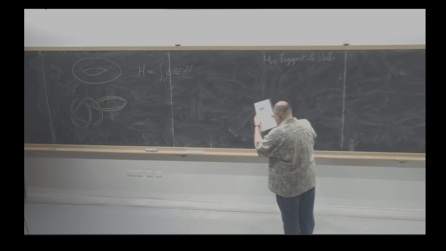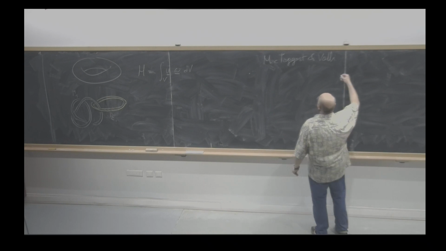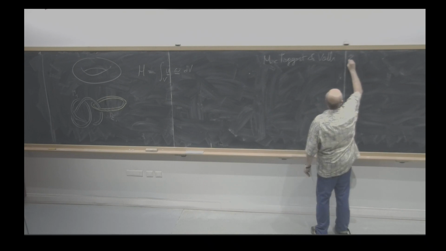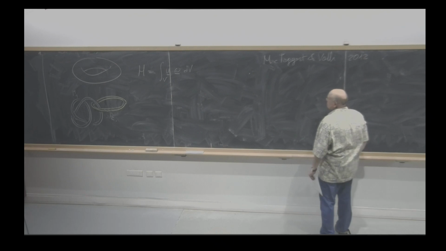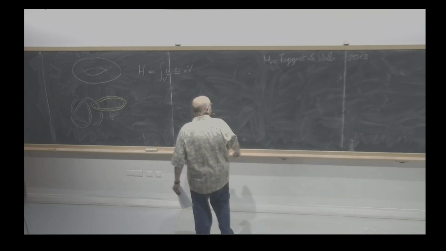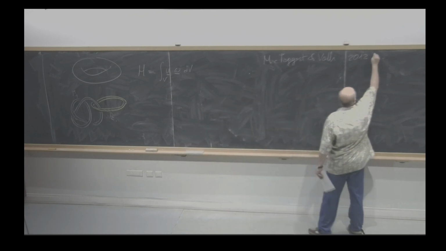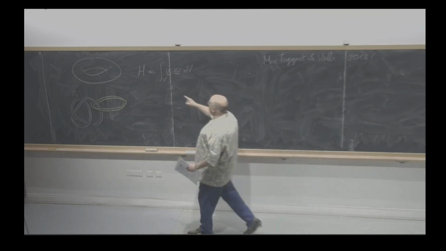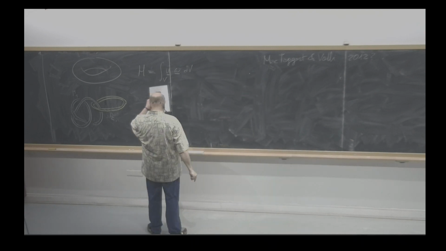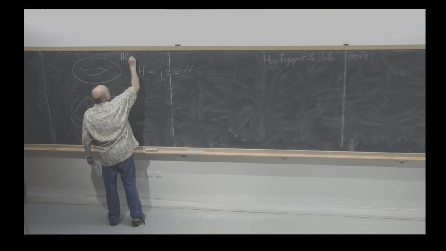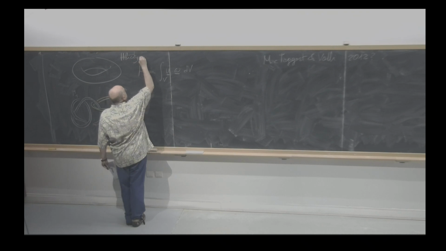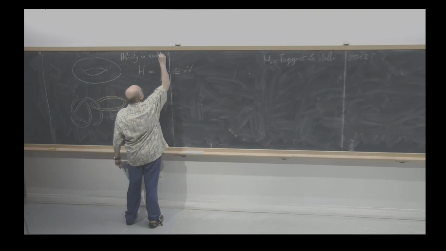I'm terribly sorry, but you will get the date in the notes. It can be 2000, let me strike a balance, 2012, maybe 13. I'm not sure. Anyway, this result is a gauge invariant helicity in multiply connected domain,